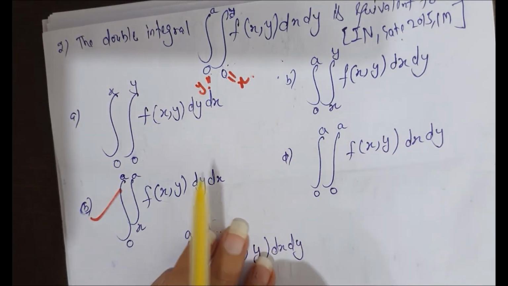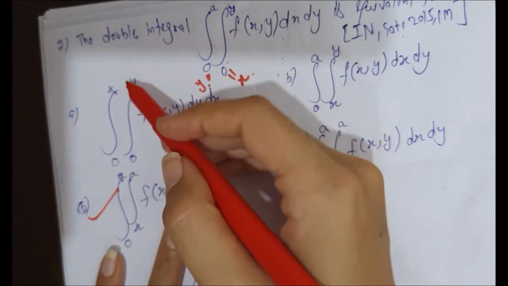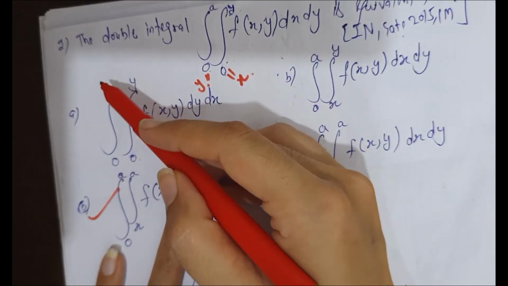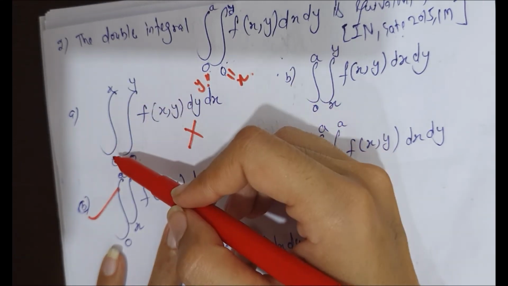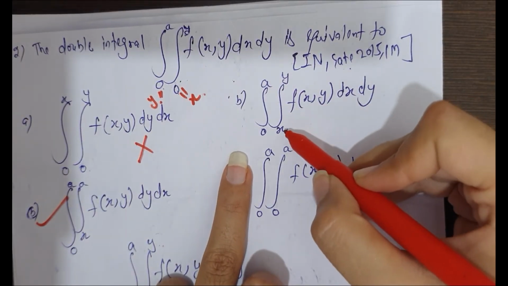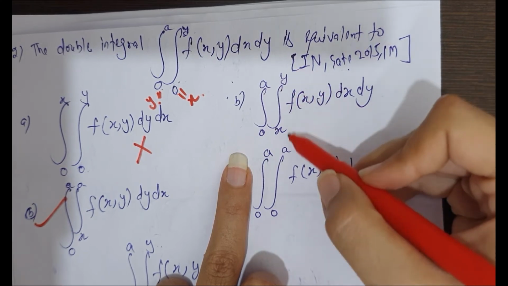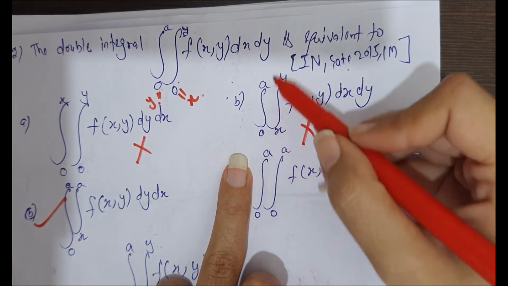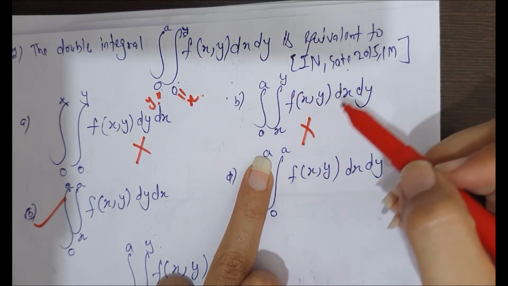Now let's see, can we solve it with options? In the first option, the limit is from 0 to y. This is a variable limit, and the second limit is also from 0 to x. The second limit is also variable. So it can't be possible. One limit should be variable and the other limit should be constant. So it can't be possible. In another option, the limit is from x to y. Both limits can't be variable, so two variables can't be in the same limit, so this can't be possible. The other limit is okay, it's constant, but two variables can't be in the same limit, so this is wrong.